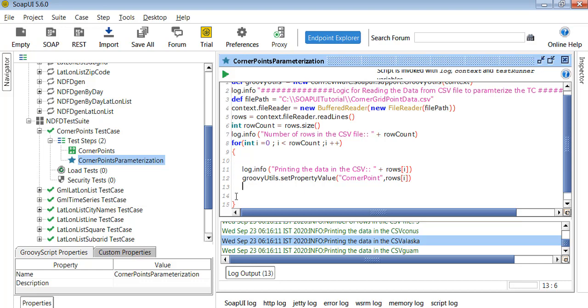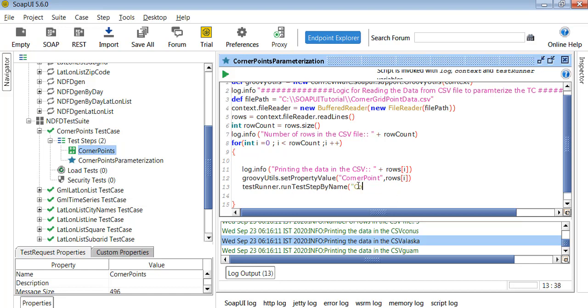Then after that, we have to execute the script. Test runner dot run test step by name. Which one are we going to execute now? We are going to execute this corner points. This is the test step by name.